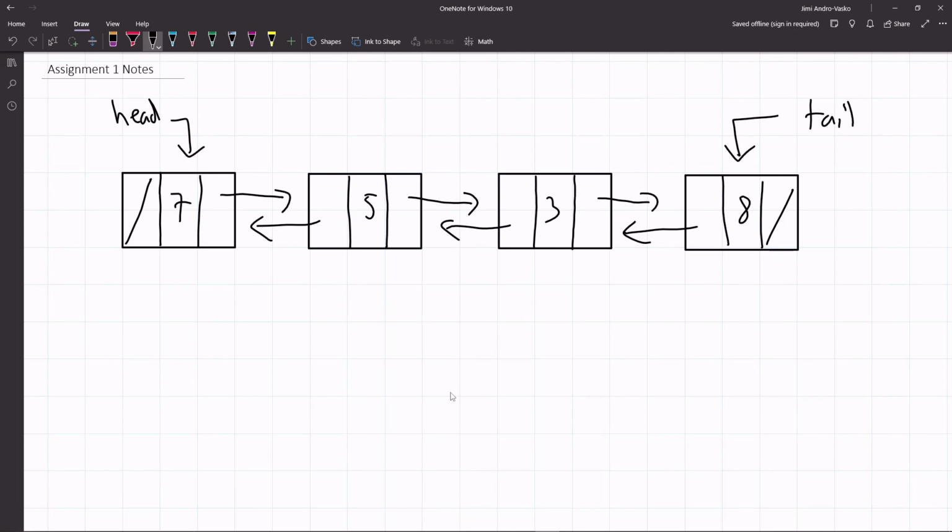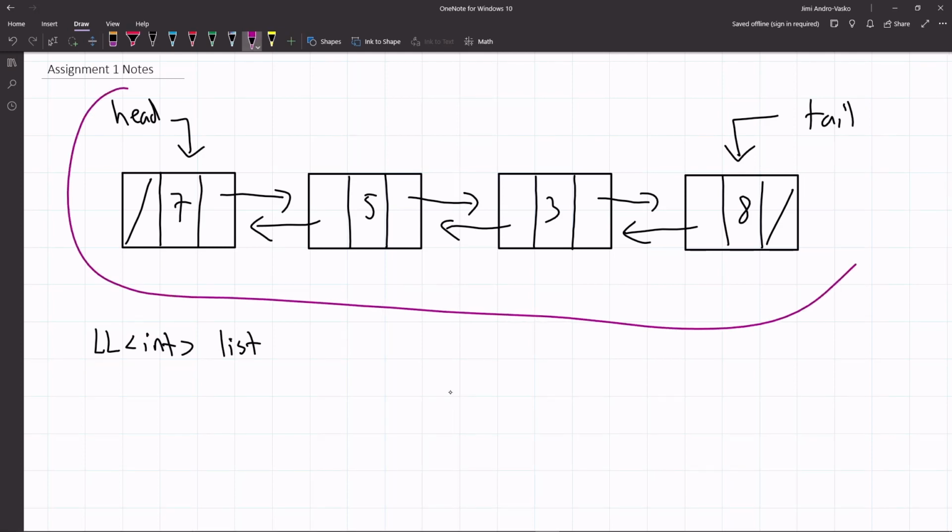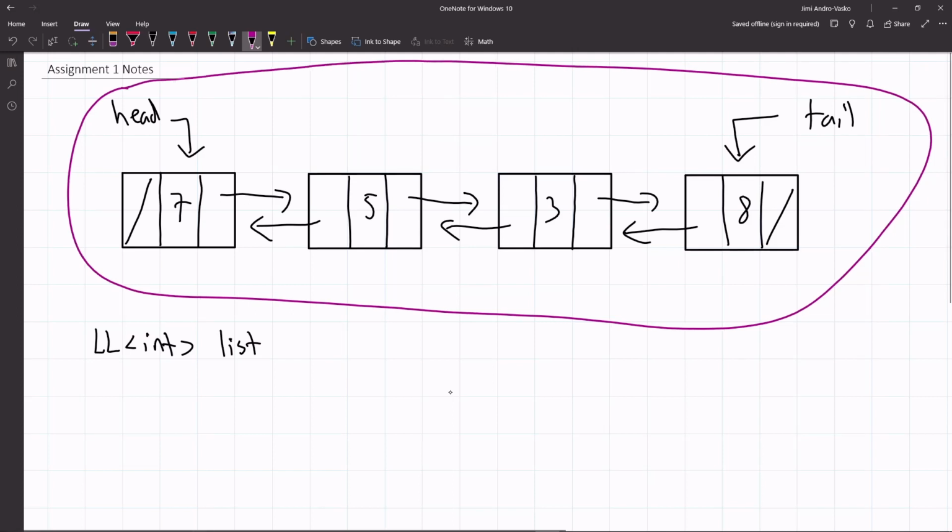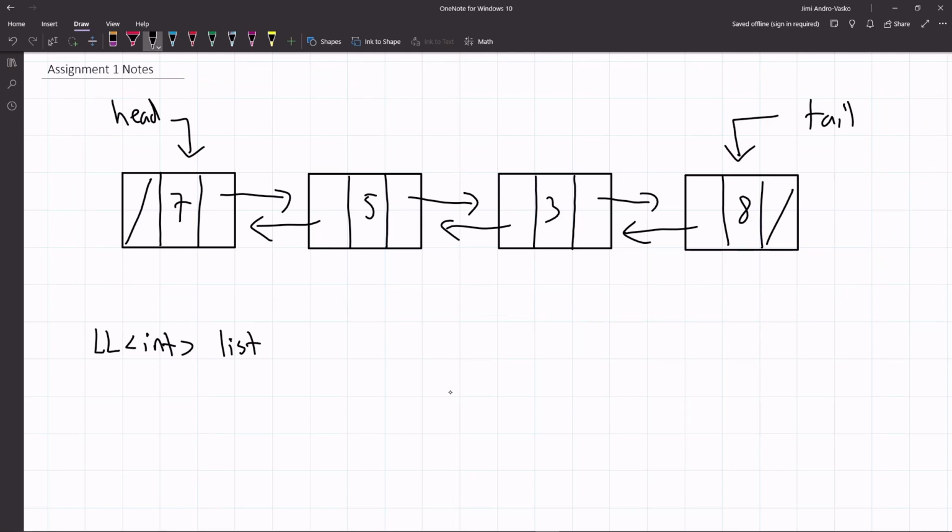So consider this linked list. Let's say, for example, I went ahead and I said ll int, and I call this list. So all of this entire thing is going to be all within my list object, basically. So within list, we have a head and tail, and head and tail are going to point to the first and last node in my linked list, and I'll be able to traverse these nodes. But this is kind of our list object, essentially. And of course, to create this, I would just say list dot